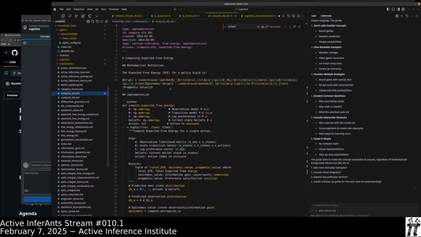But if we just dip our ladle into a given LLM and say, what is expected free energy? It might give us a totally valid response. It might give us a semi-memorized response from a paper. It might come to an emergent synthetic definition from several papers, finding a semantic interpolation. That might be a better version. So it's not that anything else that's not what I'm showing here is ineffective.